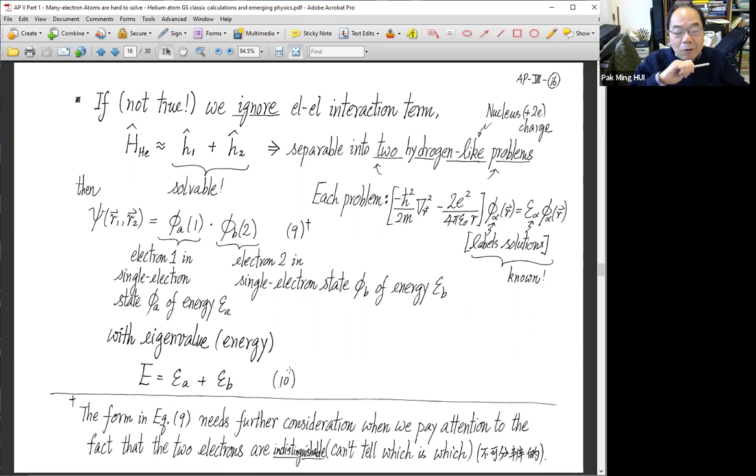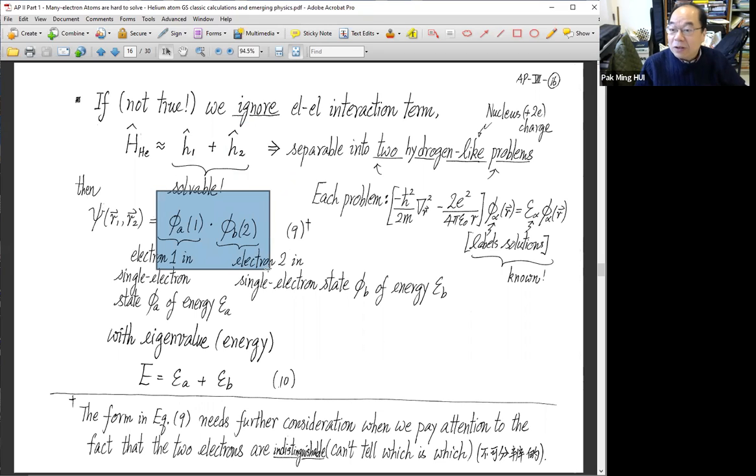But we want to set up the stage to make approximations. The first thing that comes to mind is this: the first 2 terms that can form a H0 in our perturbation setup. So if we take this, then we have